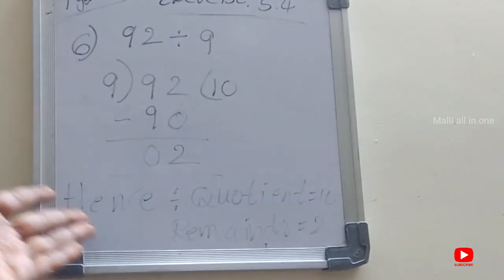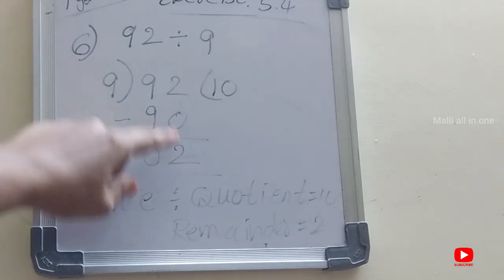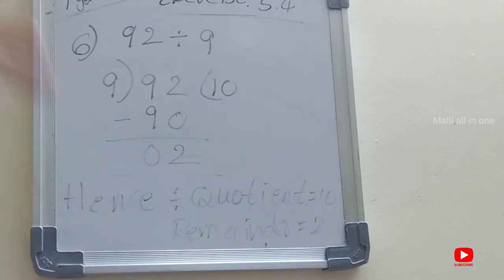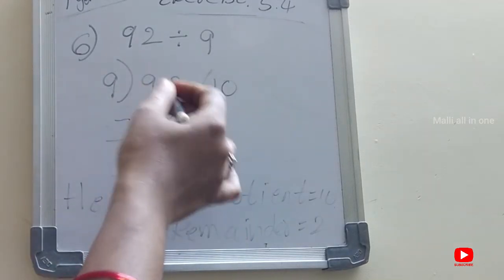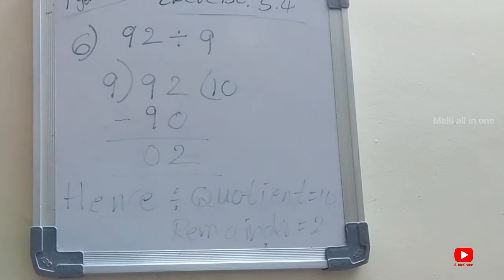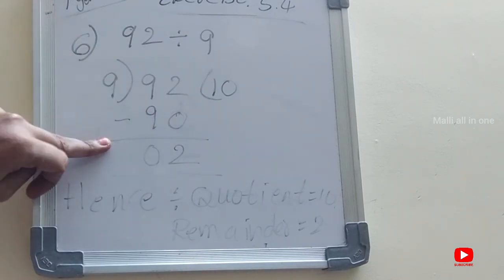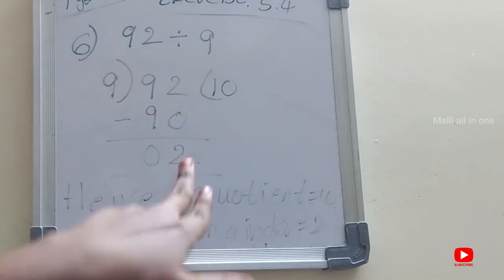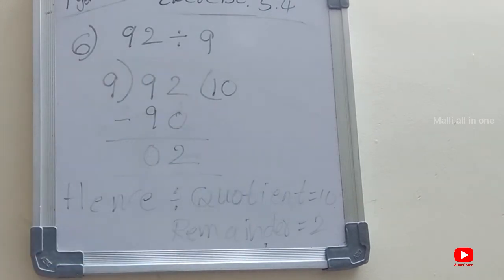Here observe children, I wrote already, once again I will explain. See, I forgot this. Now 9 10s are 90, you should write. Now this 2 comes down. You think like that: what is given? Before that, 2 will come down, that is only the remainder. Why? Because from 90 we should subtract from 92, we will get 2. When you are doing subtraction, the number you get is only the remainder, not the number that comes down. Okay, understand children?